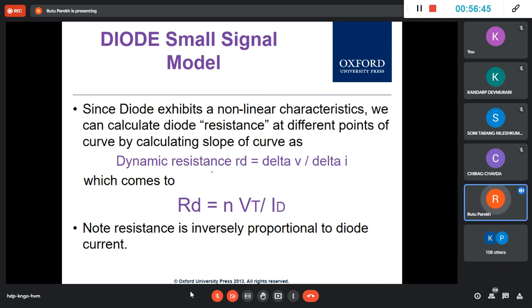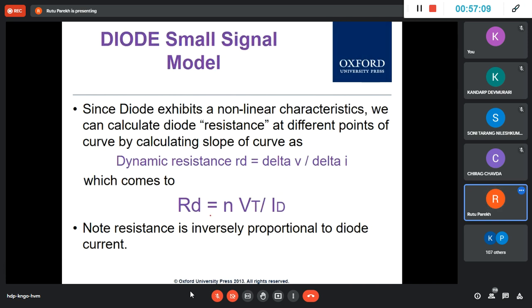And R is equal to V by I, and this is given by change in V, delta V upon change in I. If you solve that, if you take delta V upon delta I in your diode IV curve, you will get this equation,